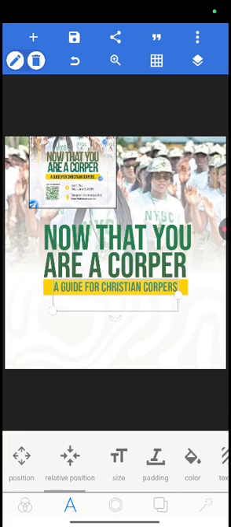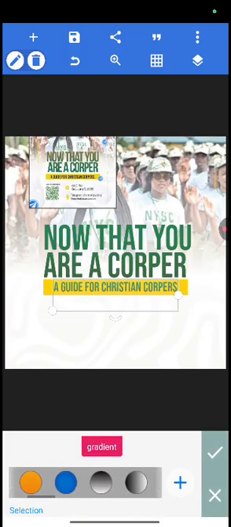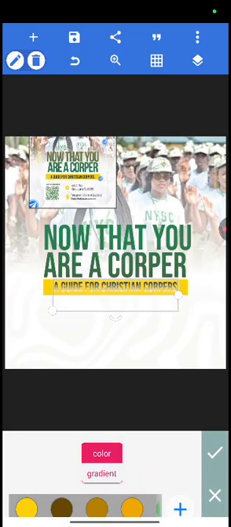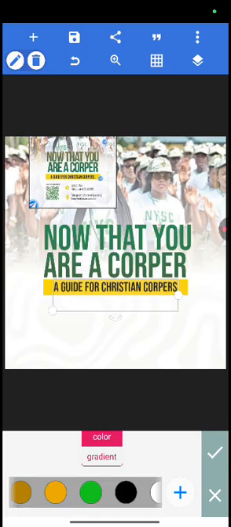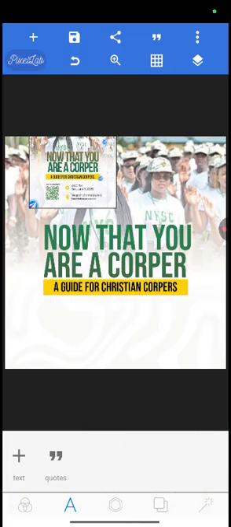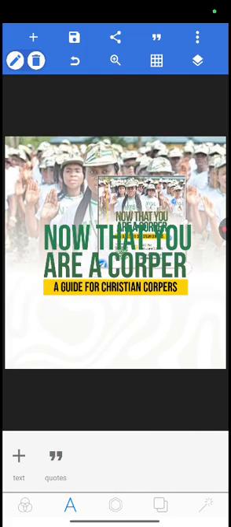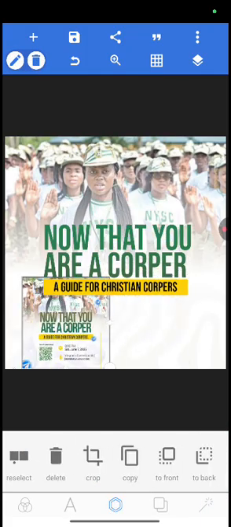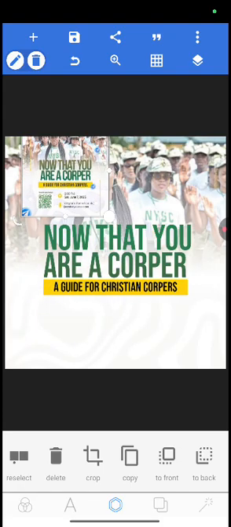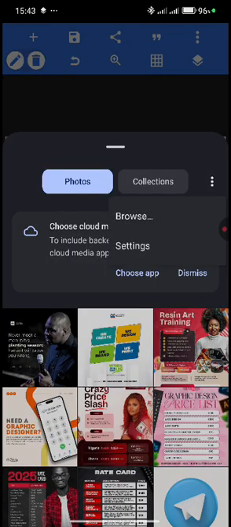Like I say, if you are not okay with this, you can change the color to black. If you're okay with it, you can leave it like this. Let's make sure it's aligned. And this is a very simple and quick one. It won't take much of your time. Just want us to do a very simple flyer. So let's go back to downloads. Bring in